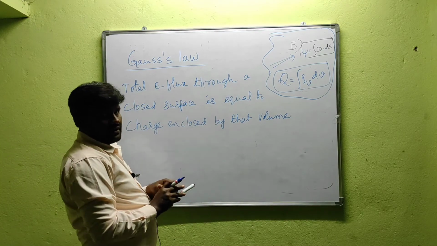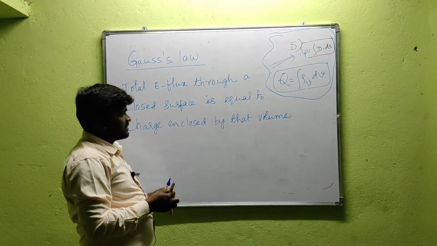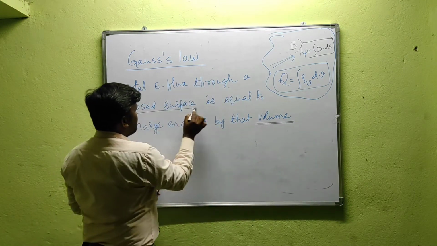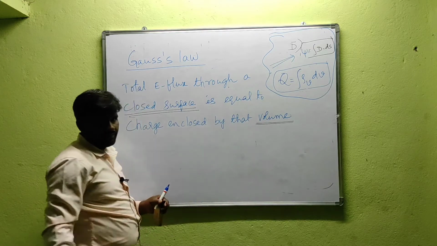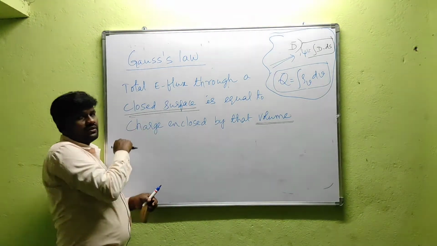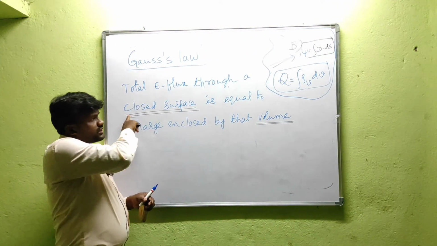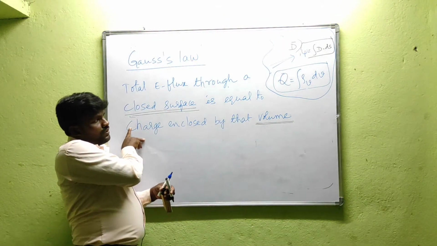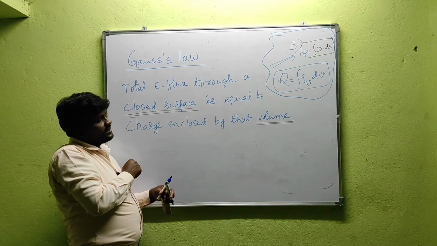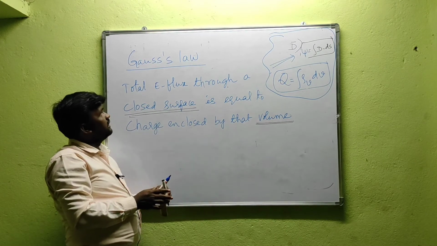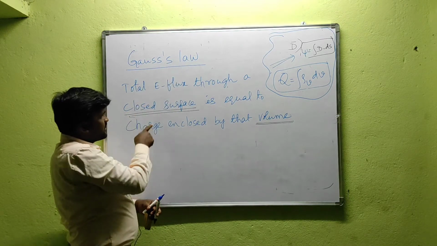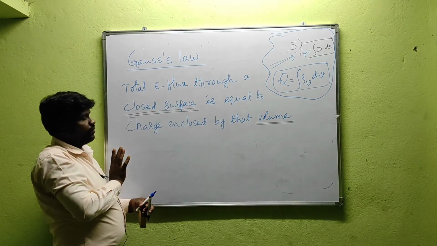Please refer to the Stokes theorem and divergence theorem concepts. In those concepts, I told that a closed surface defines a volume, and a closed line defines an open surface. In the divergence theorem, we can convert a closed surface integral into a volume integral. Here, Gauss law indirectly relates that closed surface and volume.